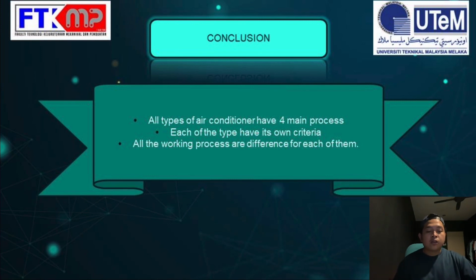So the last one we have here is the conclusion. Let's go to the conclusion. We have 3 points for the conclusion. The first one is all types of air conditioning have 4 main processes, which is just like I said right now: condenser, evaporator, compressor,